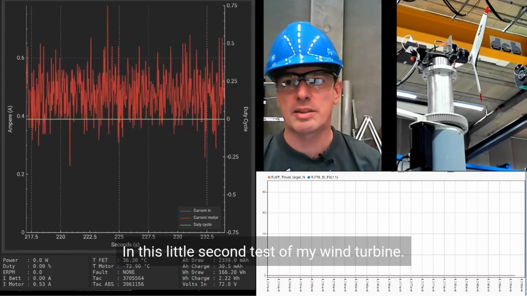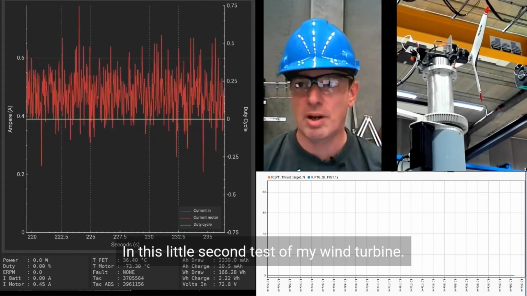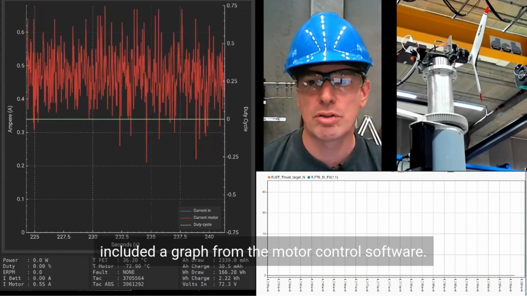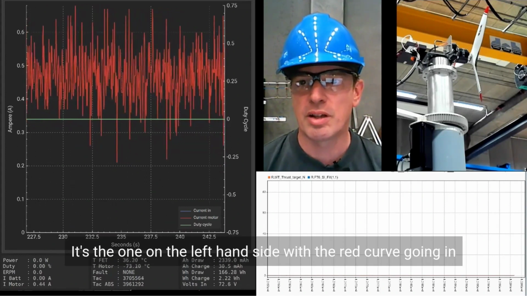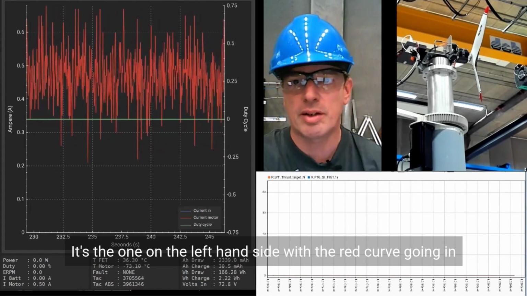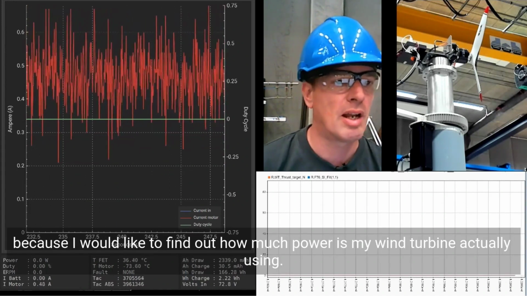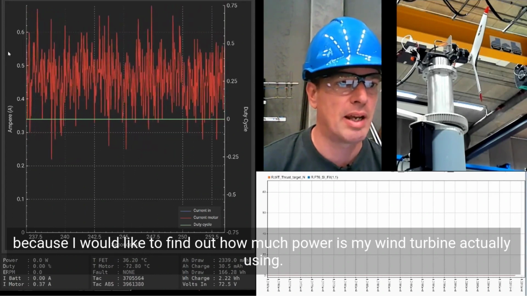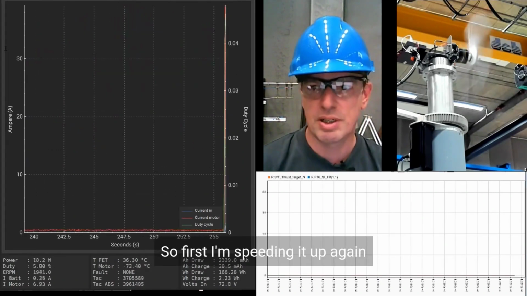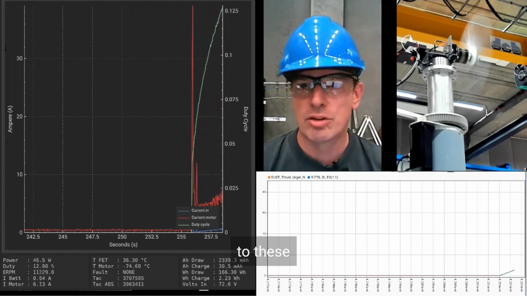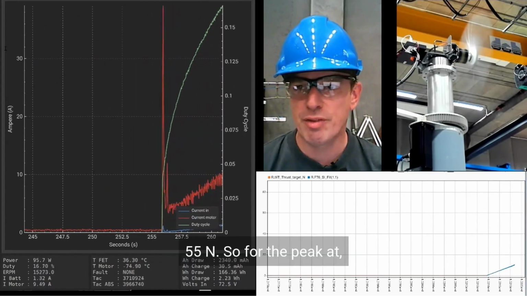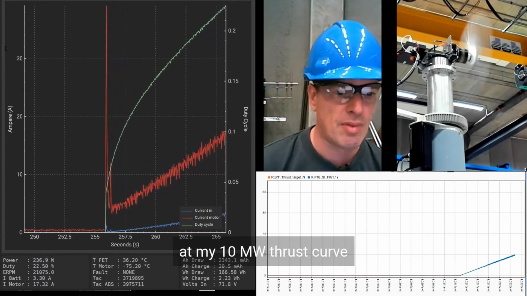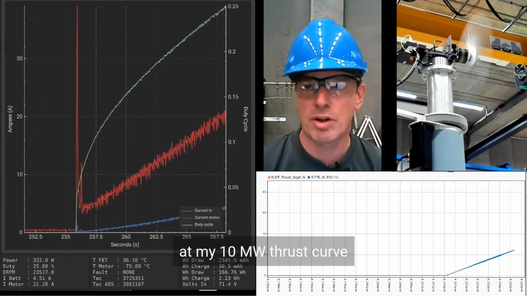In this little second test of my wind turbine, I have included a graph from the motor control software. It's the one on the left hand side with the red curve, because I would like to find out how much power my wind turbine is actually using. So first I'm speeding it up again to these 55 newtons, the peak of my 10 megawatt thrust curve,